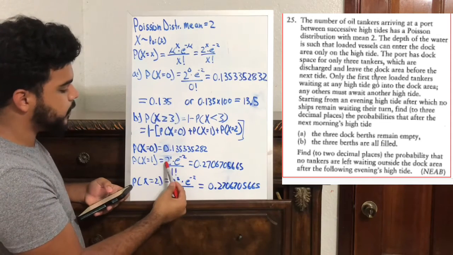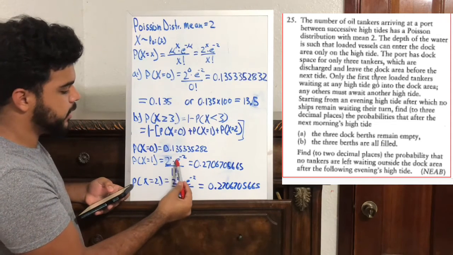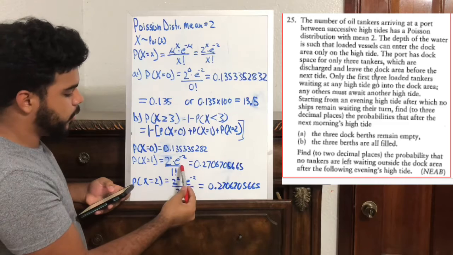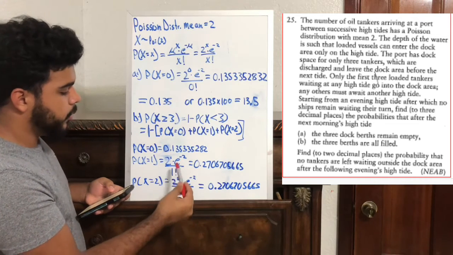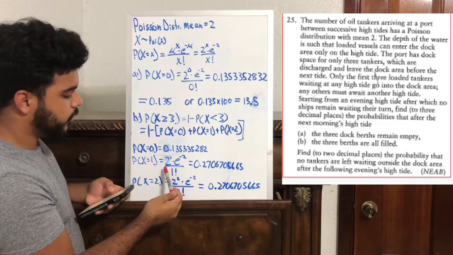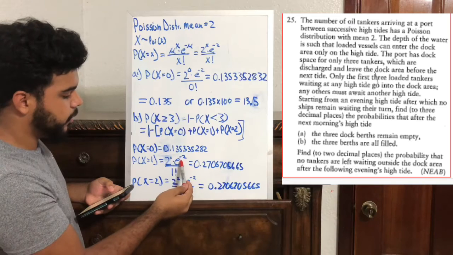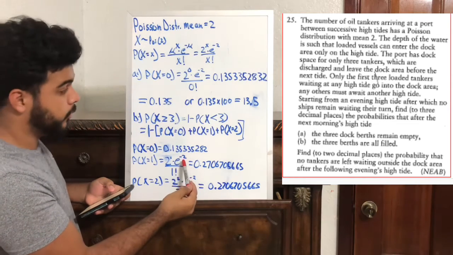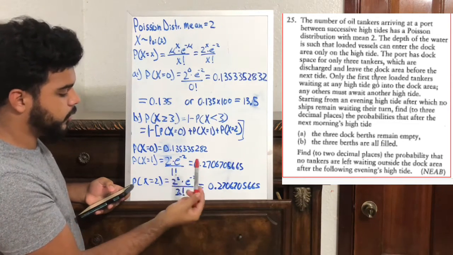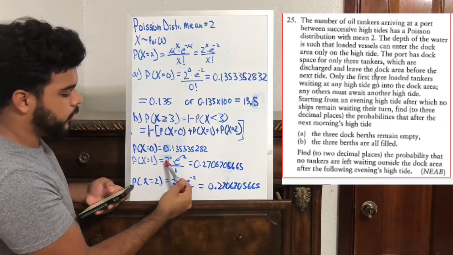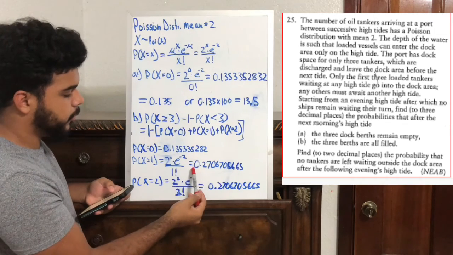So 2 to the power of 1 times e to the power of -2 over 1 factorial, which will give us just 2 times e to the power of -2, because we know 1 factorial is 1. So we just multiply that and we get